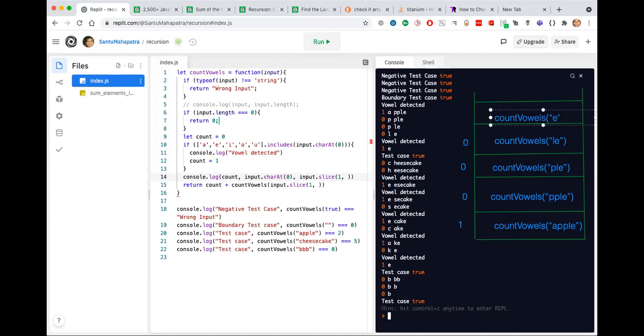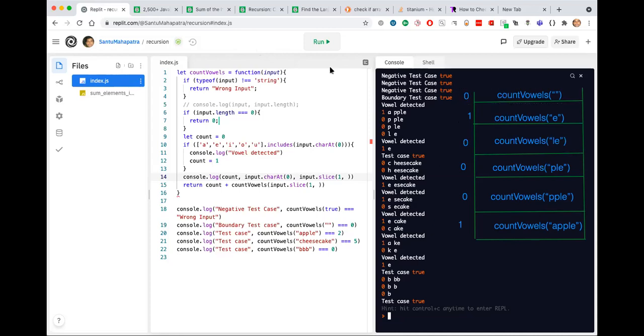This guy looks at its first element, it says return 0 plus E. This guy looks at it and says, E is a vowel, so returns 1 plus empty array. And we know in the empty array, the boundary condition 0 is returned. So it's 0 here. Now what happens?